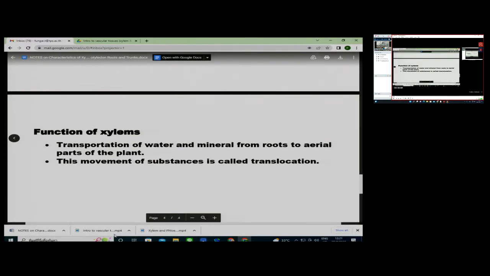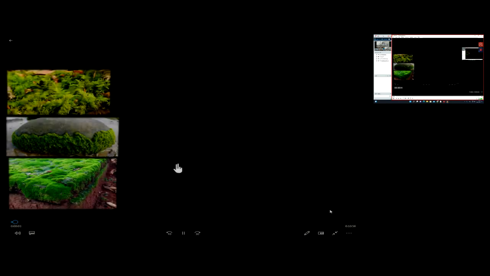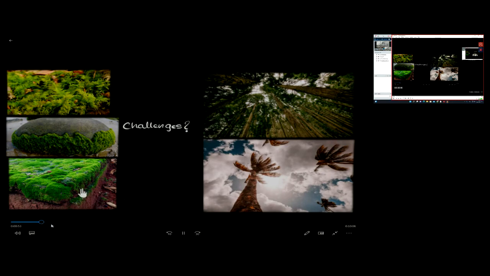Okay, so that's the basic. And now this other one is going to show us when plants appear on the land for the very first time, with the example of a plant. These plants. So the question, the biggest challenge that these